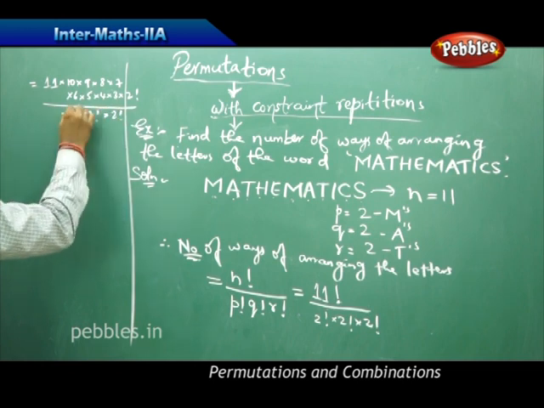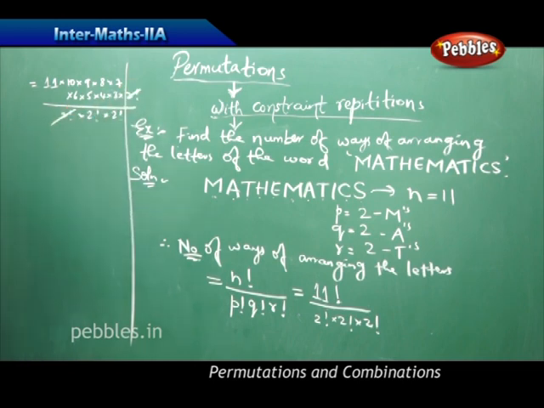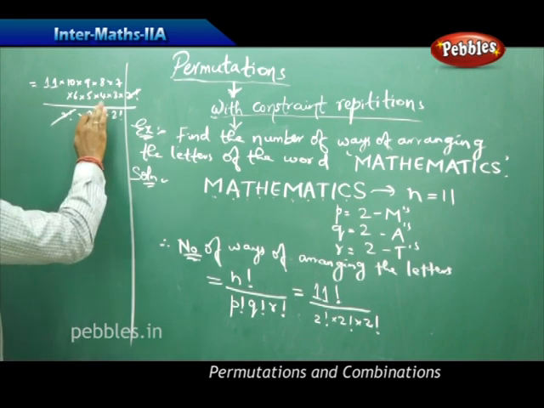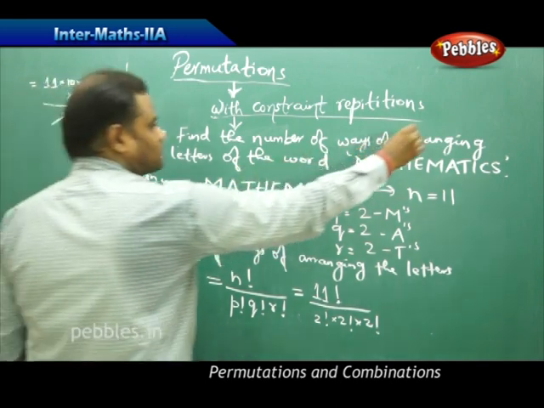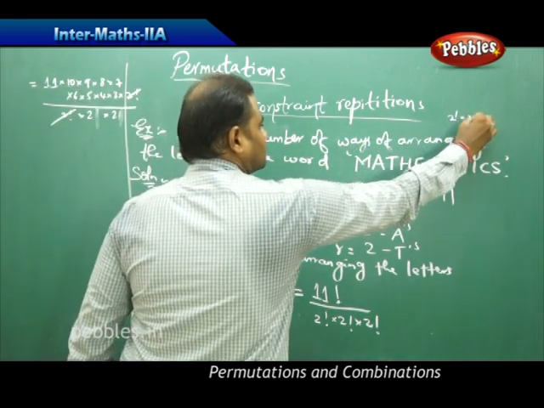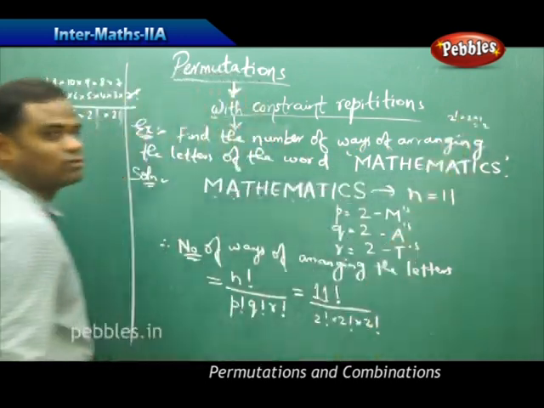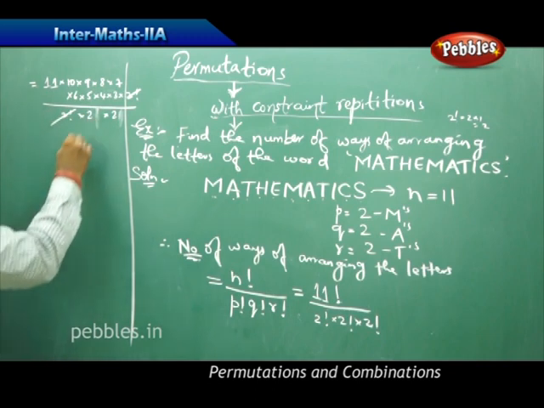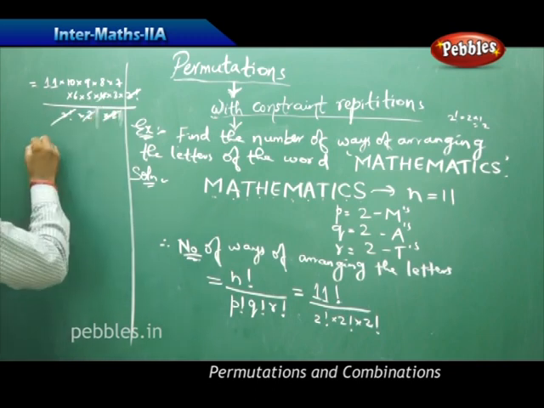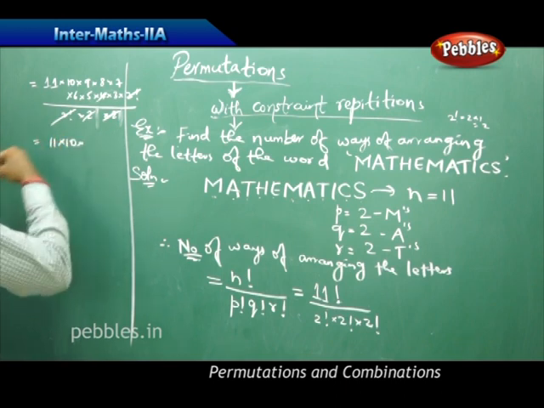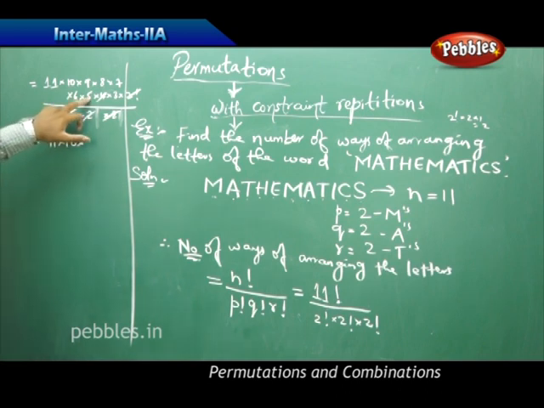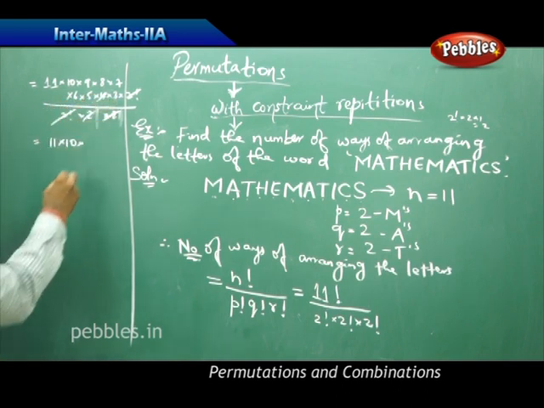And you have 2 factorial which gets cancelled, and 2 factorial is nothing but 2, because 2 factorial is 2 times 1, which is 2. Therefore, I can substitute for 2, and this gets cancelled with this. Then finally, I am left with 11 times of 10 times 6 5 is 30, 33 is 90,